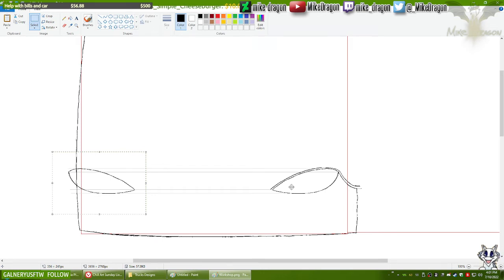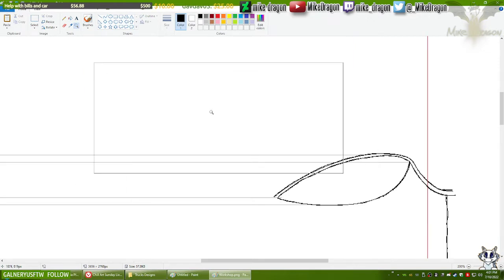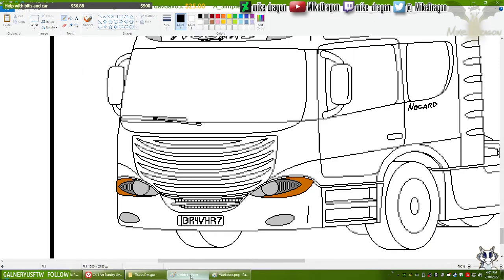It actually might. Okay, in that case, delete that. In that case, I'm going to draw the design of the headlight as it is supposed to be.